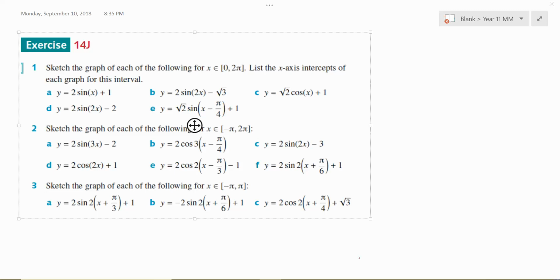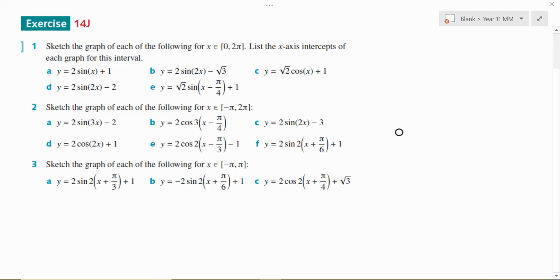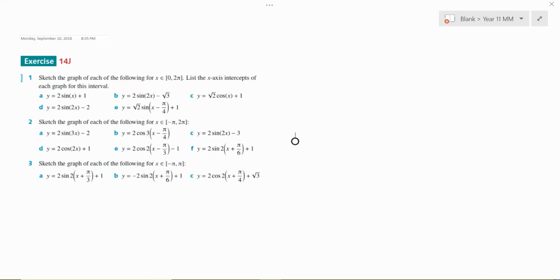Okay, year 11. So just to make sure that we can do exercise 14J, sketching sine and cosine graphs, which is, in my opinion, one of the hardest skills to take. So I'm going to try to take you through a few of the patterns that I do, and hopefully you pick up